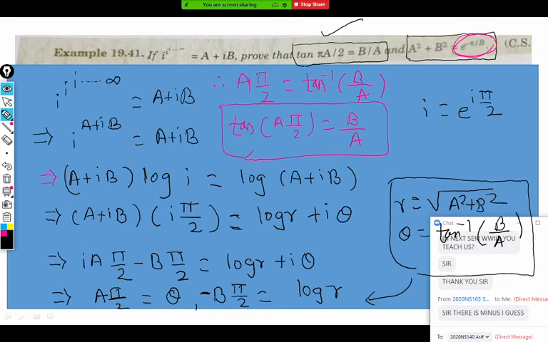So once you finish, tell me. We'll move to the next. Sir, when I am solving, I am getting a square plus b square is equal to e to the power minus b pi, not pi by b. Already there is pi by 2, na? Yes, e to the power minus b pi I am getting. No, that rest of half is also there, na? You have to square both sides. Let me do it here.